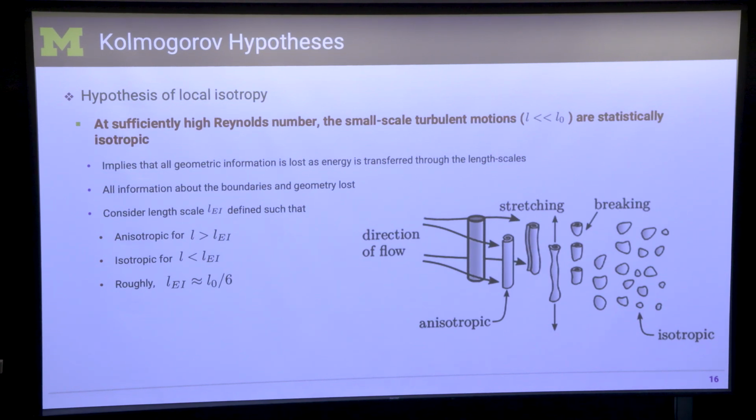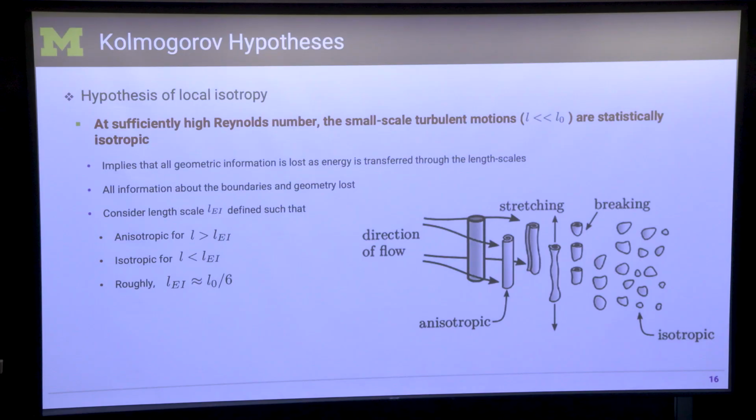flow over a wing, whatever it might be, once you go to small enough scales, you lose that memory of what flow you came from. And it turns out that it doesn't have to be very small. When I think of very small, I'm thinking it's a 1 meter initial diameter, it has to go to like 1 nanometer. That to me is small. But it doesn't have to be that. It says that if it's 1 meter and you go to 1/6 of a meter, right, which is not that small, you already lose all the features of the big flow. This is the fundamental idea here.